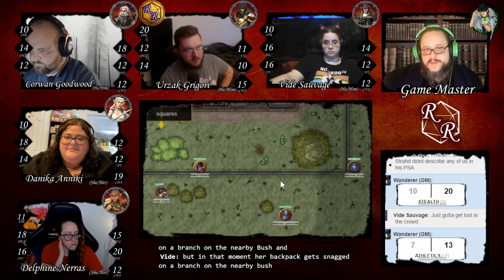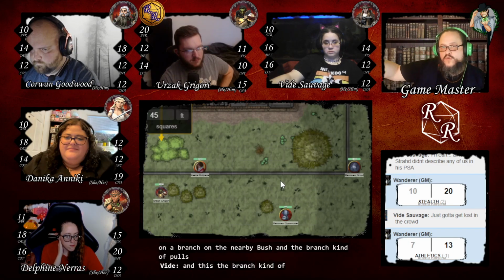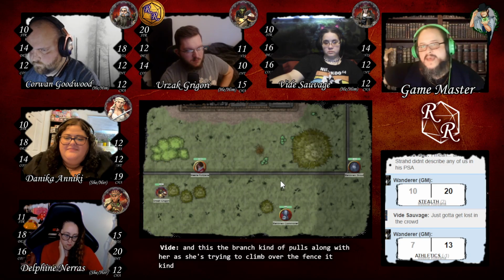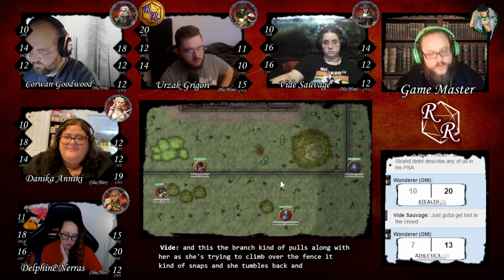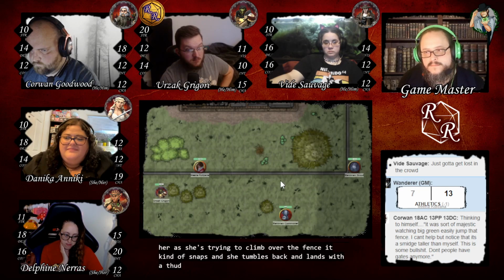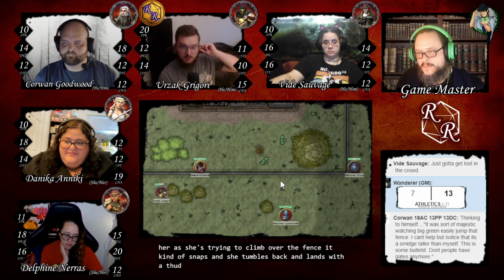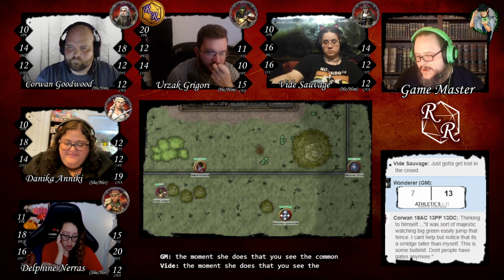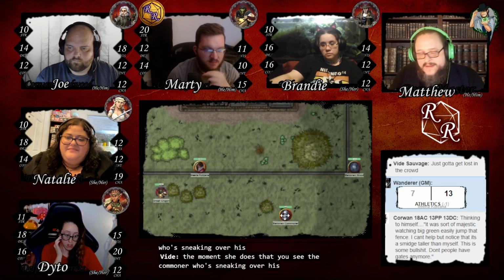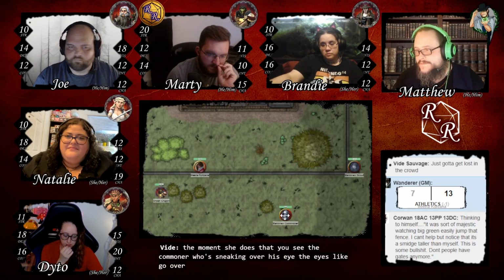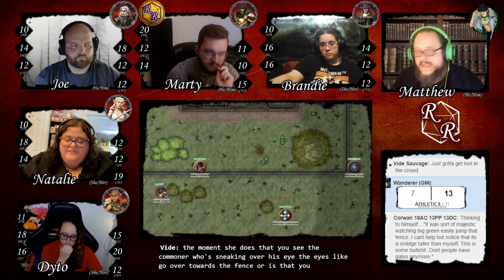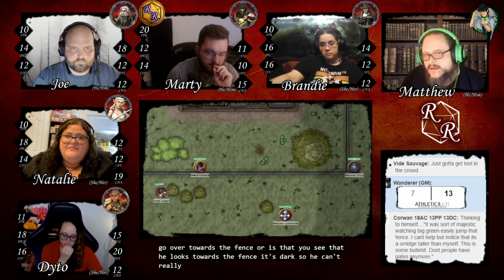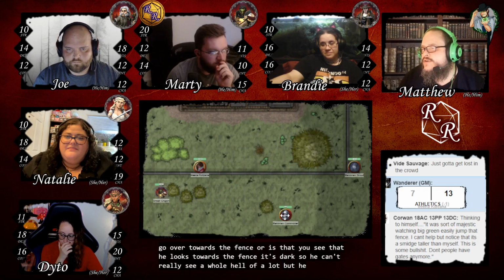The branch pulls along with her as she's trying to climb over the fence. It snaps, and she tumbles back and lands with a thud. The moment she does that, you see the commoner who's sneaking over look towards the fence. Urzak, you see that he looks towards the fence. It's dark, so he can't really see a whole lot, but he definitely heard that sound.